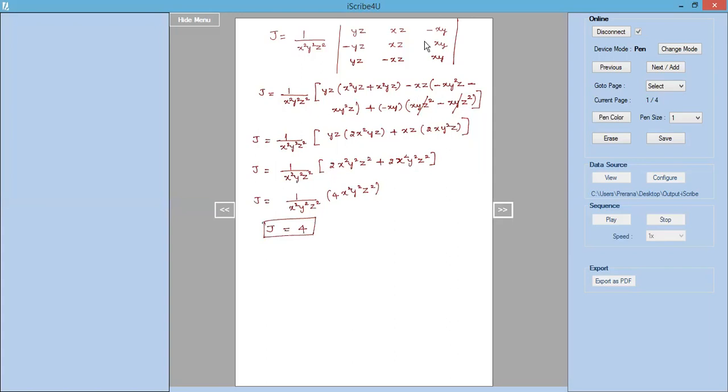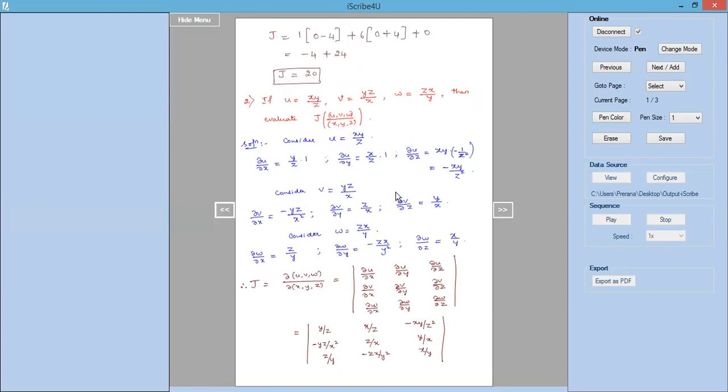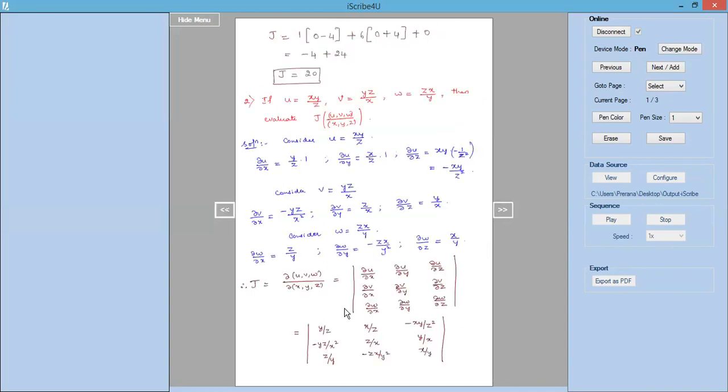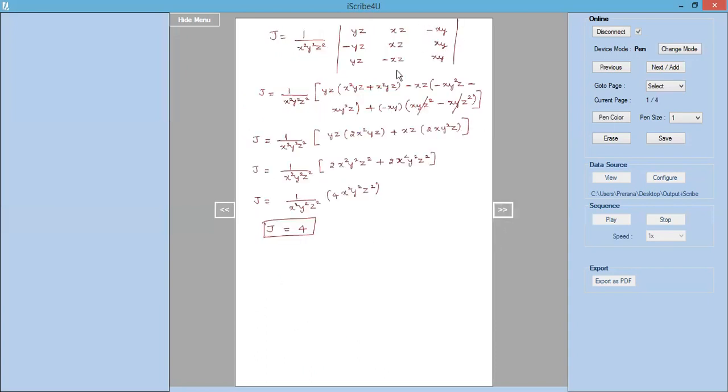So this is how we work out problems in Jacobian. This was also a direct question for us. We just had the fractional term in UVW. So carefully we need to partially differentiate with respect to x, y, z, and then expand the Jacobian. Taking out 1 divided by x square, y square, z square common is not a compulsion. In each row, I took what is common in the denominator as a common term outside the determinant to make the determinant simplification easier. That's all.